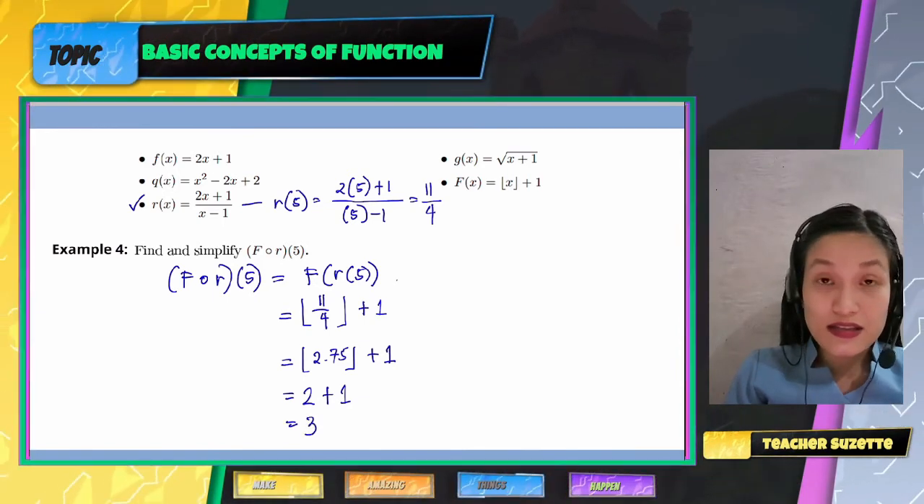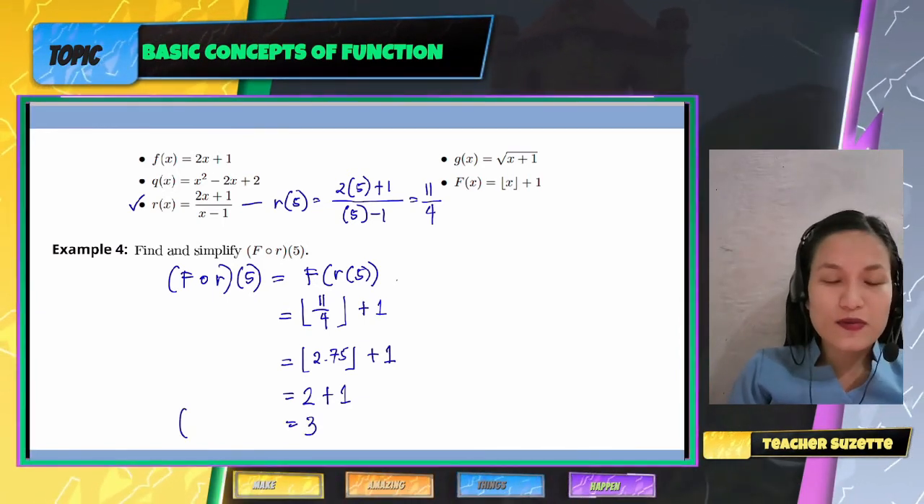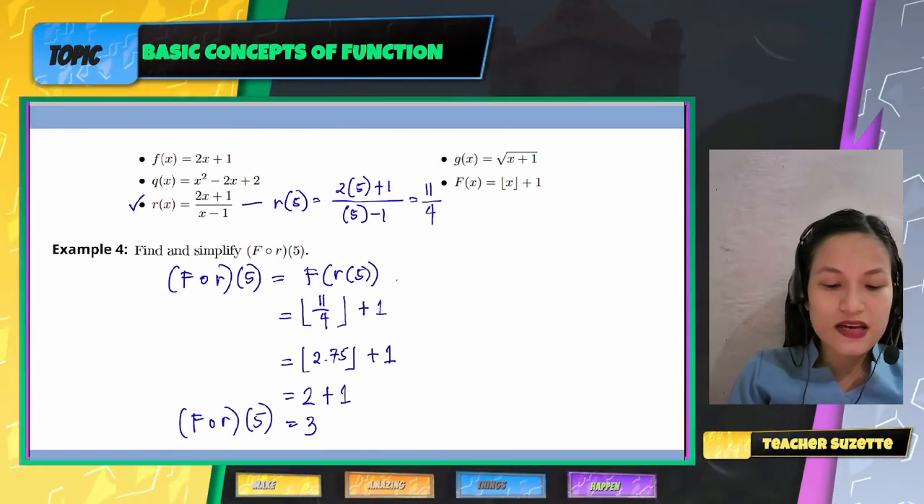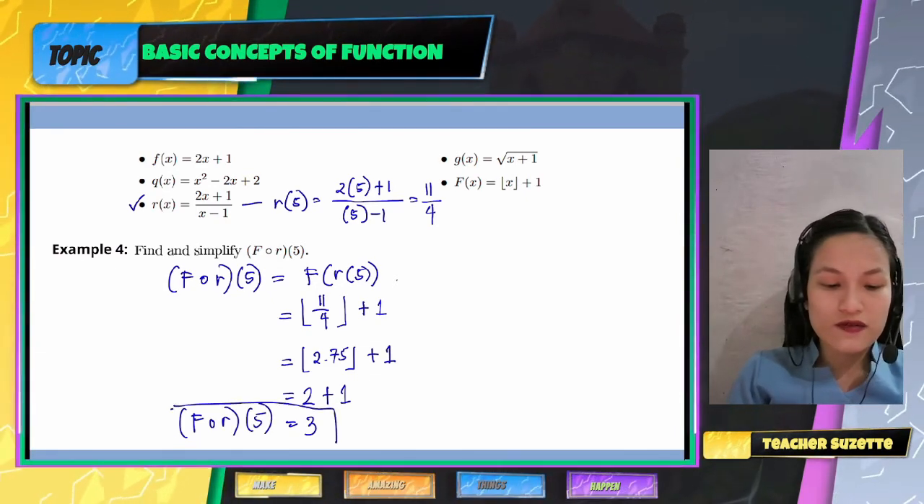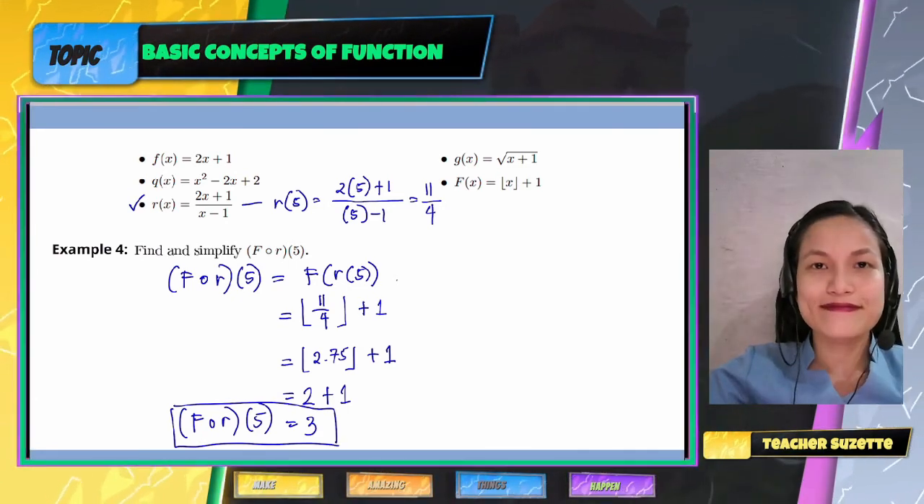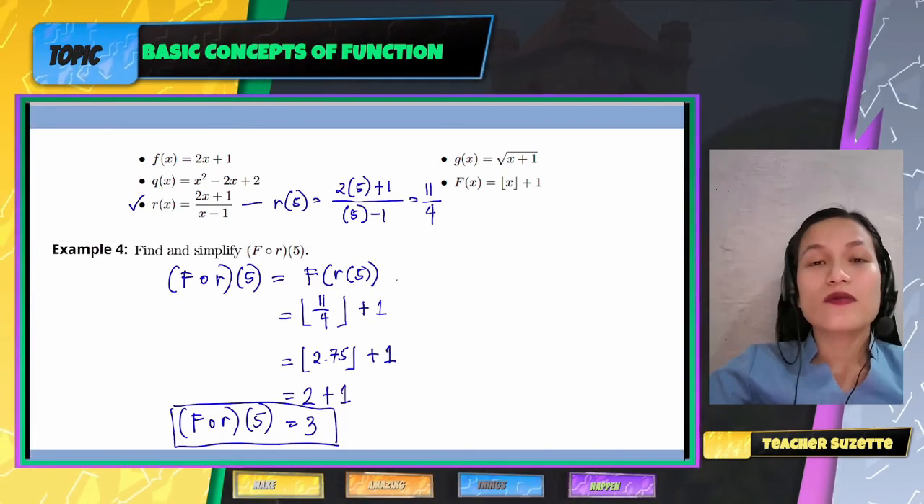now sa 3. So, therefore, the composite function of f with r of 5 is equal to 3 for our last example. That's it po for our composite of